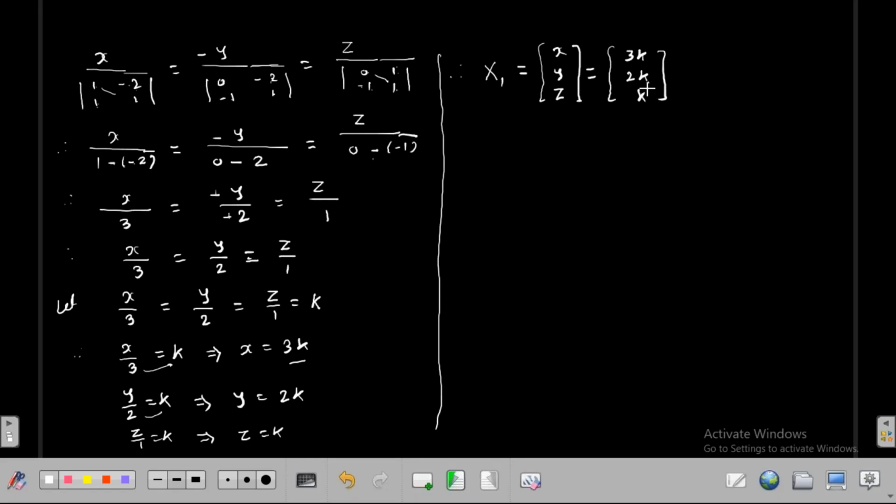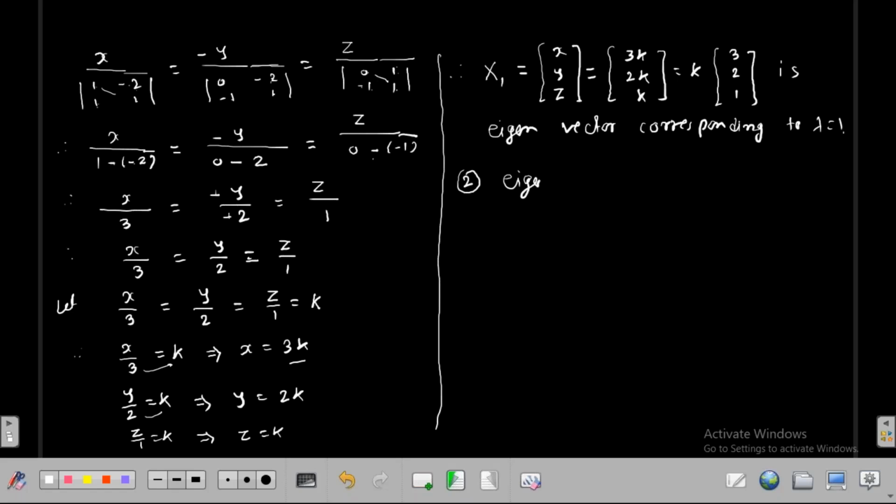Now take the common k from this. So we get k in bracket 3, 2, 1. This x1 is the eigenvector corresponding to lambda equal to